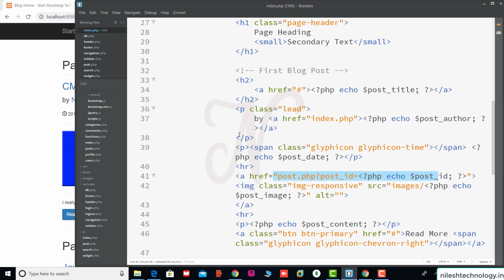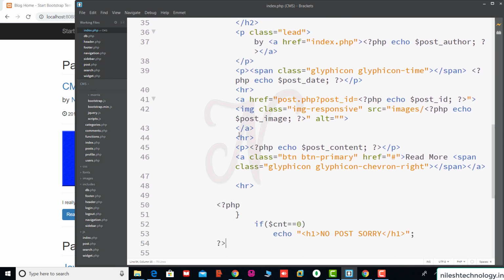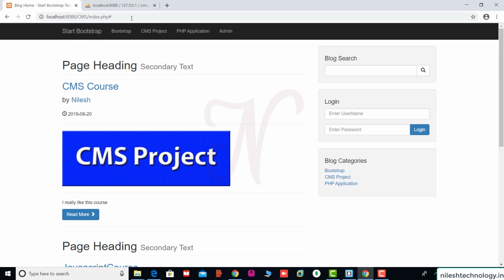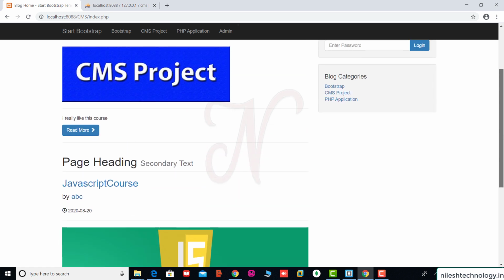So we copy this link to this read more button here. This is the a class, this is the href, and here we paste the same link. So when you click on the read more button or the image, you are redirected to the specific post. See here, when you click on this read more, you go to this specific post.